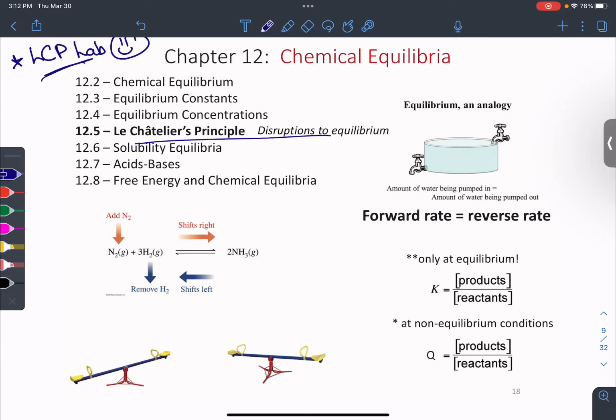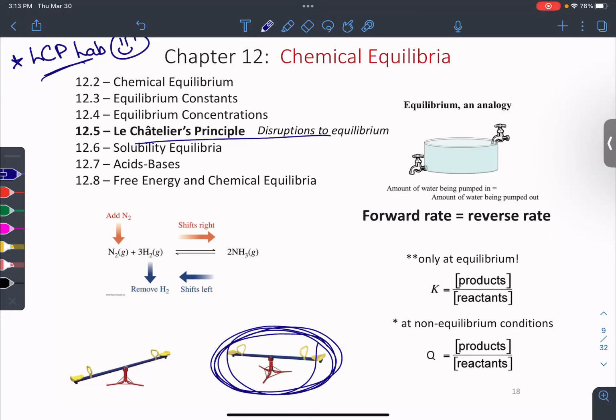The idea here is I like to think of chemical equilibria as this. Do you know what this is? Do people still play with these? A seesaw, yes. Sorry to be patronizing. So chemical equilibria is where the seesaw is perfectly balanced. That's chemical equilibria: forward rate equals reverse rate. What we're going to do is disrupt the equilibrium. We're going to add something or remove something and think about how we can achieve balance again after we've made a disruption. I think using a seesaw analogy is fine.